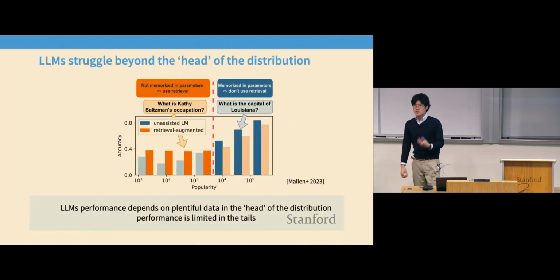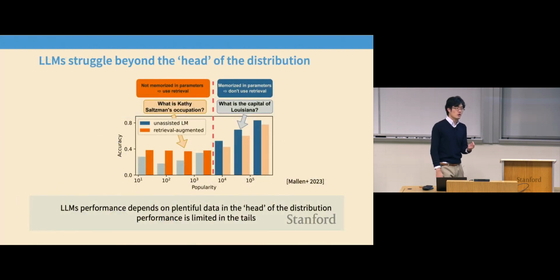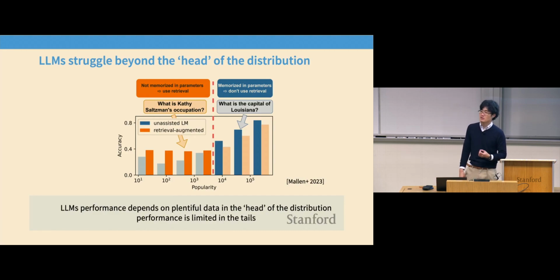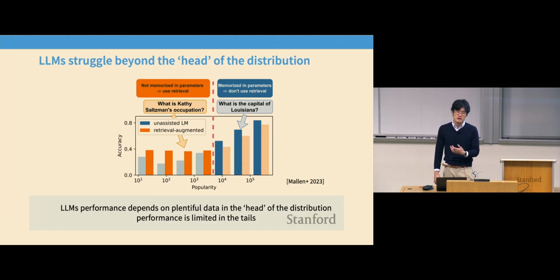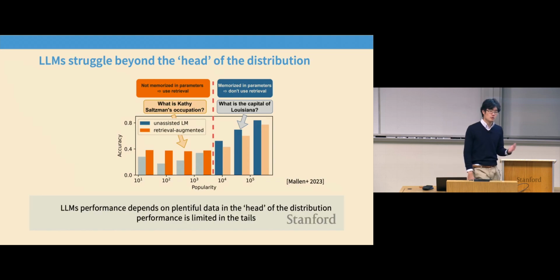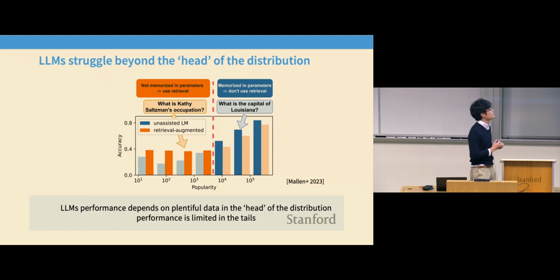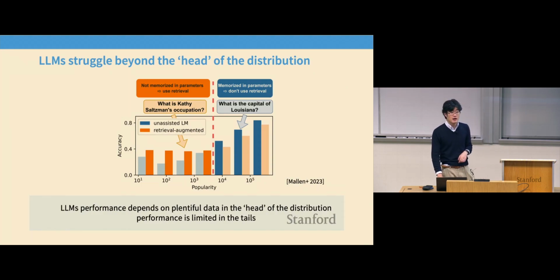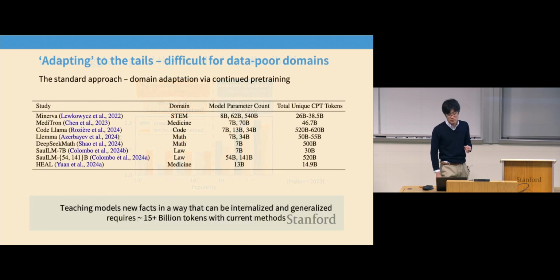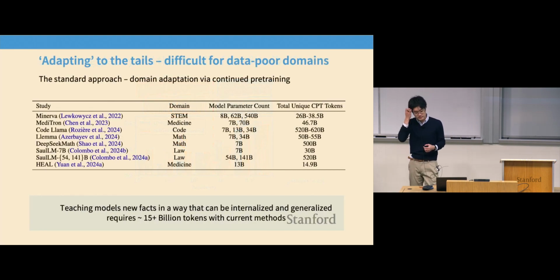So we know that language models struggle when there's not enough data. Language models have this big data efficiency problem. But so far, I think no one really thinks about it because we're not data bound. We can keep training on more data, so data efficiency just doesn't seem like a big problem right now. But this is going to become a problem as we start to either exhaust data or think about more niche domains.